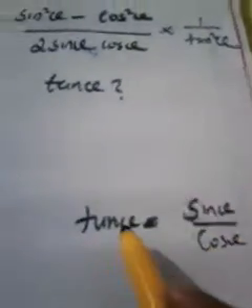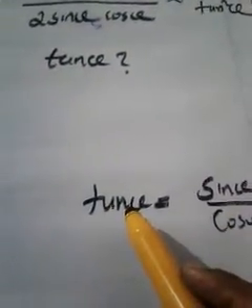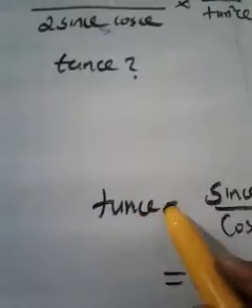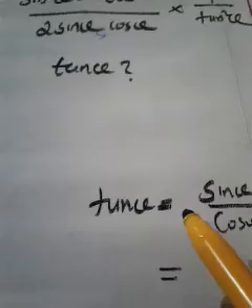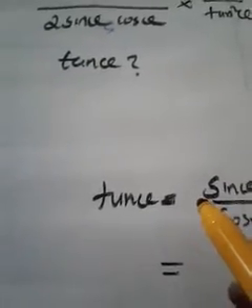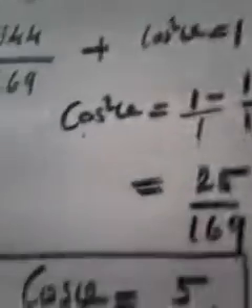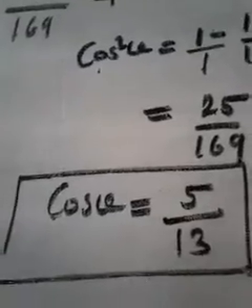Because in order to calculate tan theta, many expressions are there. 1 plus tan square theta is equal to sec square theta. That kind of expression is there. But can you use that expression? No, because we don't know the value of sec theta. Anyway, if you want, you can use that expression because cos theta is given.